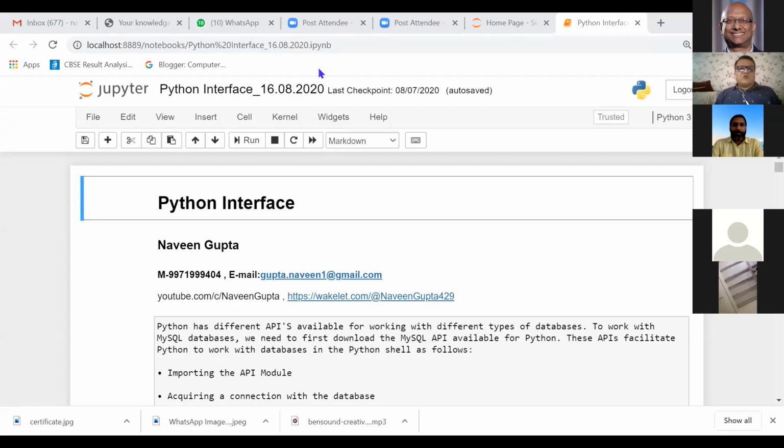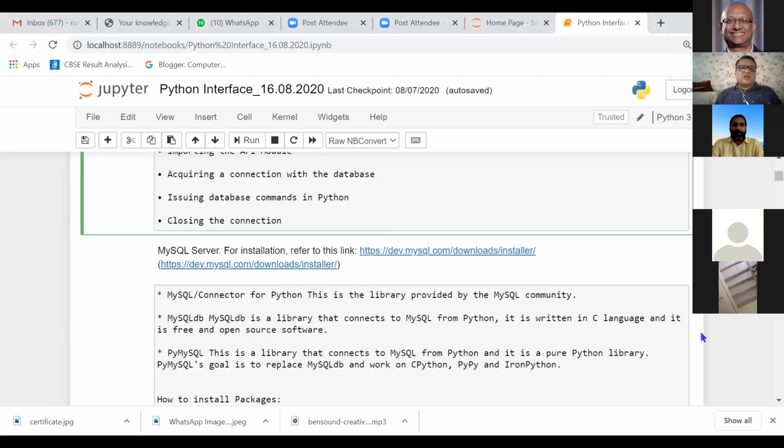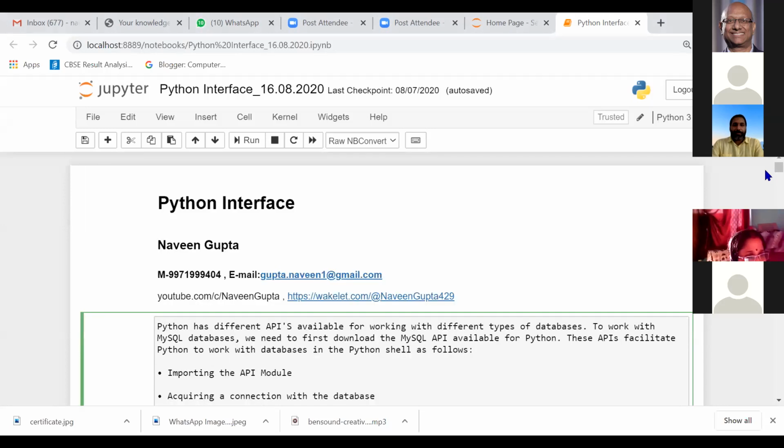And if you go through so many books, you will find there are many options written there. A few of the books are writing Python MySQLdb, a few are writing MySQL connector, and a few are writing PyMySQL. So there are various books available in the market to connect the front end with our back end. Now, as we start this session, we should know what an API is. What is an API?